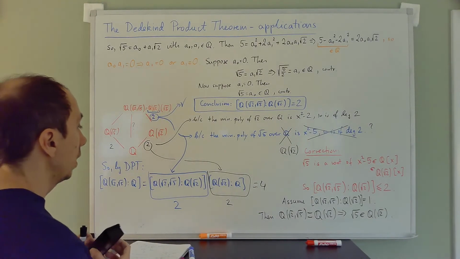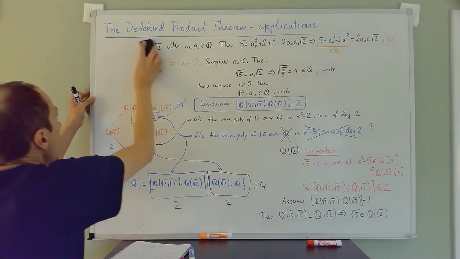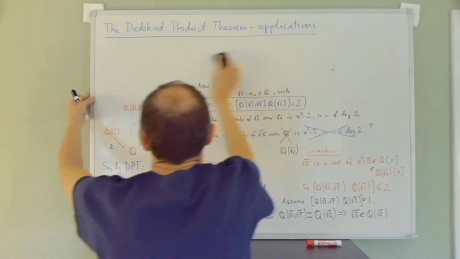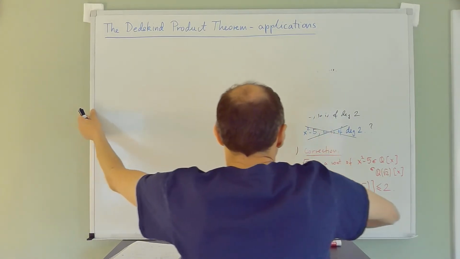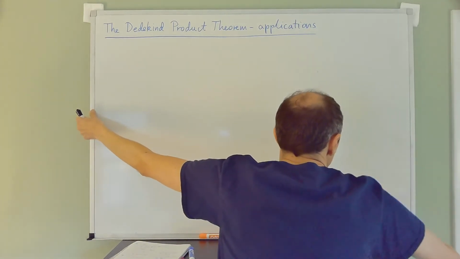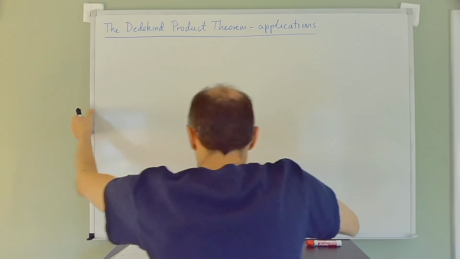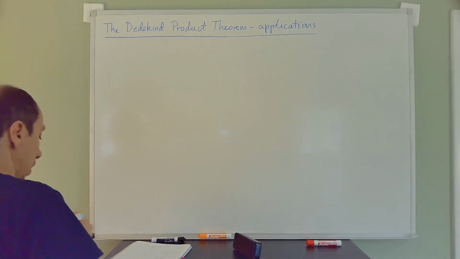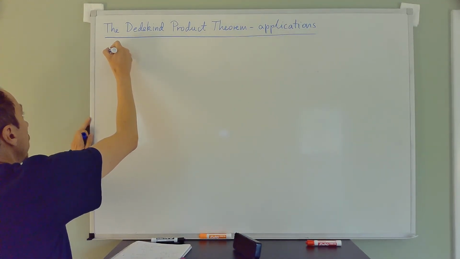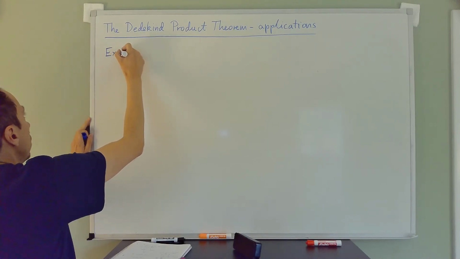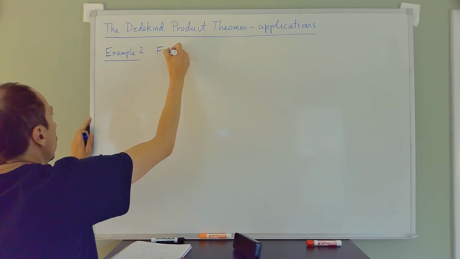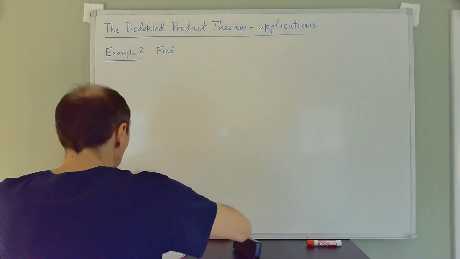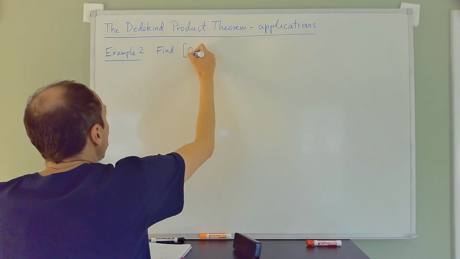Okay, let's go to another example. This is example 2. Find the degree of Q adjoin